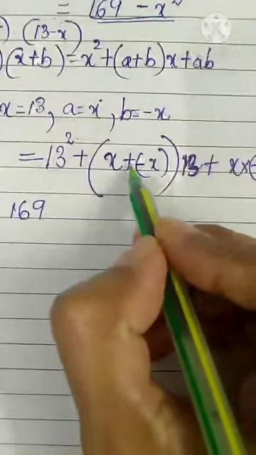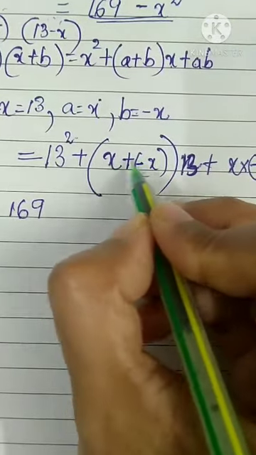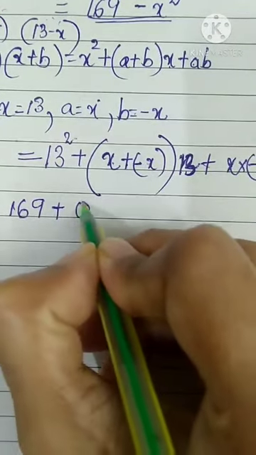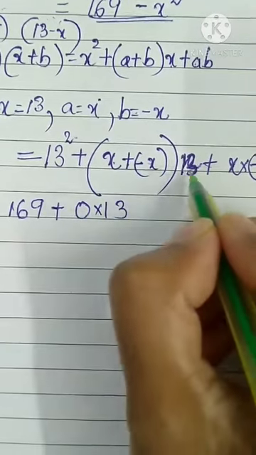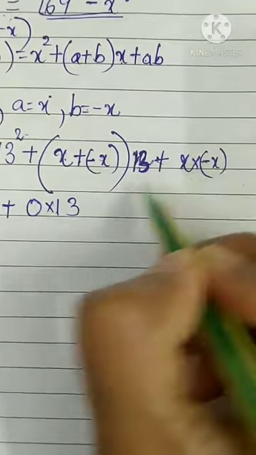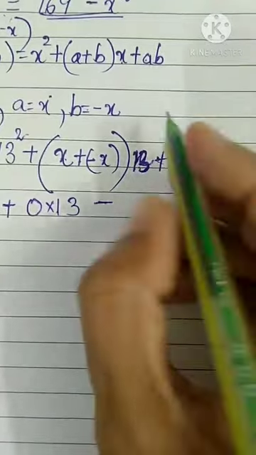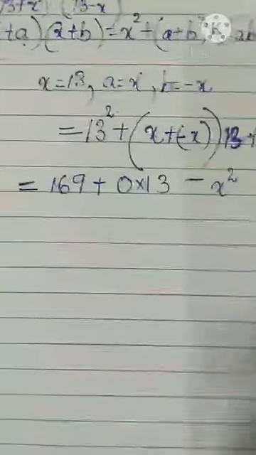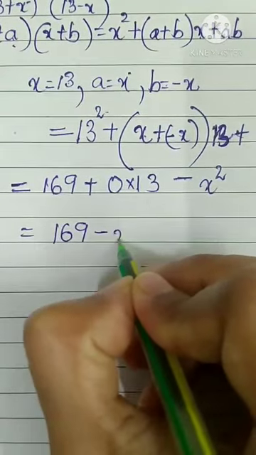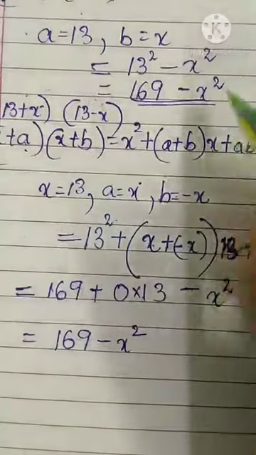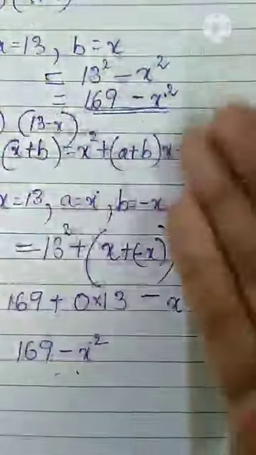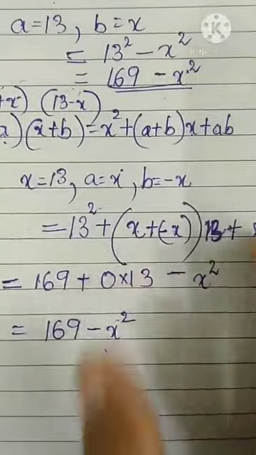Now see here, plus into minus, minus x, x minus x will be 0. Correct, no? 0 into 13, 0 multiplied by any number will be 0 only. Now what is happening here? Plus into minus, minus x into x is minus x square. So what will be the final answer? 169, this is already cancelled, minus x square. Compare. Same answer we got? Yes. Okay. So as I told you, this method was very easy. Easily we got it. This method is a little lengthy but easy only.